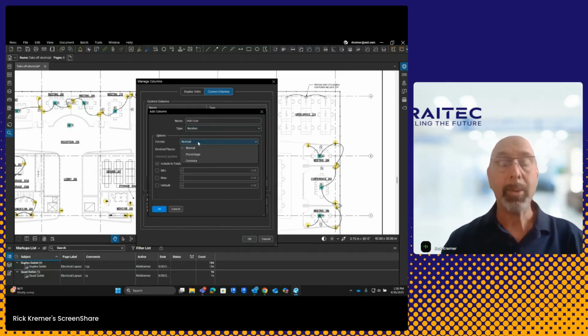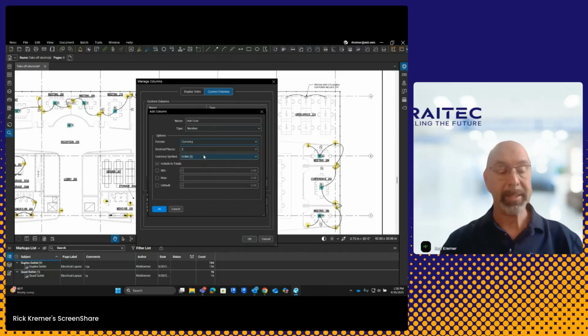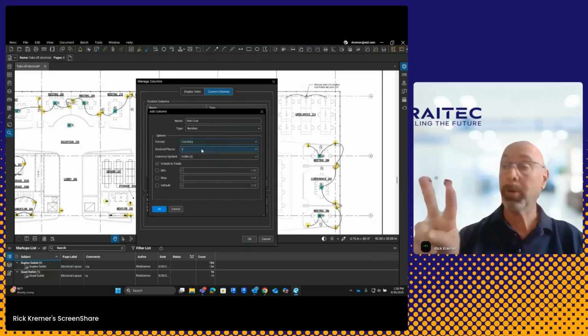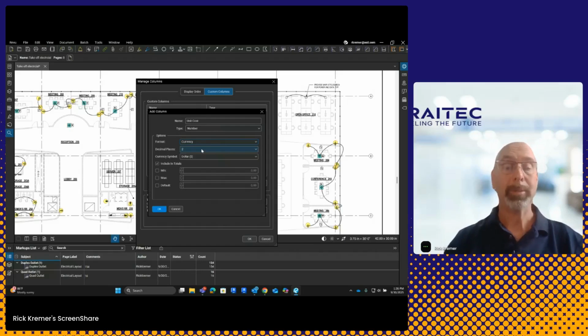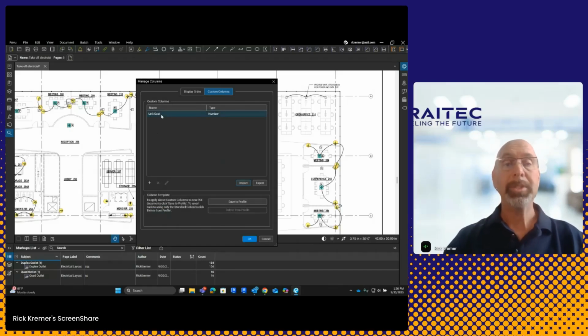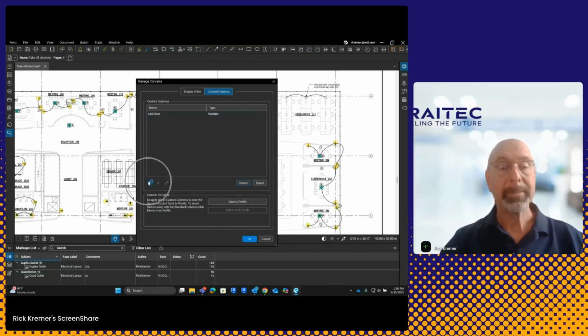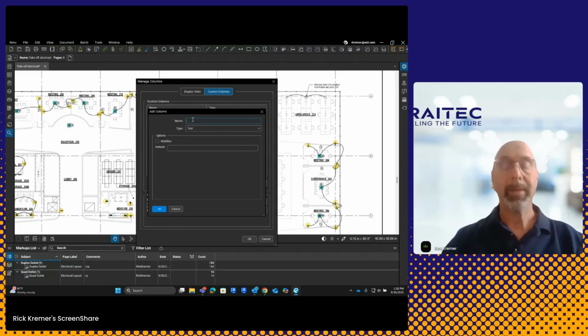Just like in Excel, we can start to give it different type of options. Here, it's going to be a currency, and in this case, it's a dollar amount. I can give it 2 decimal places, so I can have it be 14.32, or have it with no decimals and have it round up. In this case, I'm going to have it be 2 decimal places. Now, what's unit cost? But I also need total. So I'll go over here and click plus. I'm going to add total